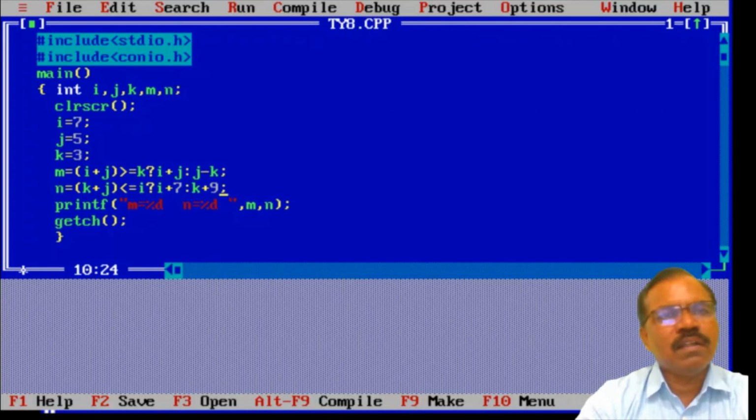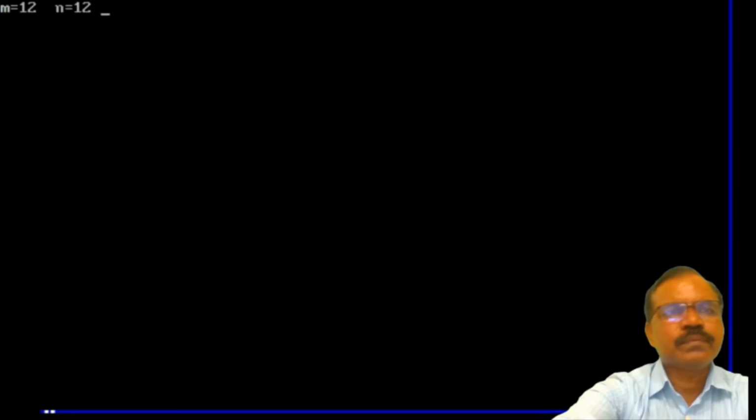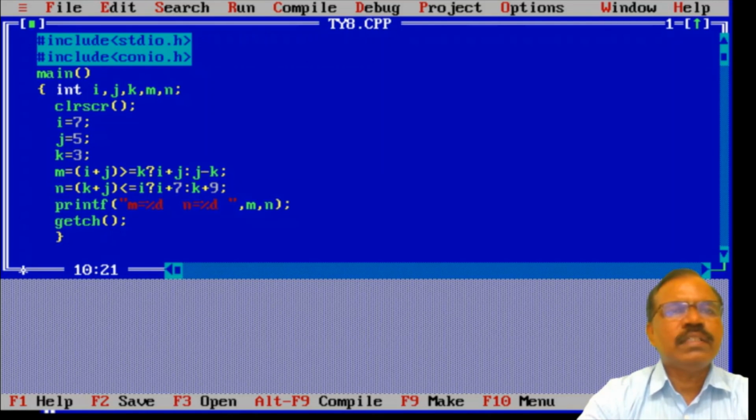So this is false. So i plus 7 will not be evaluated. k plus 9 will be evaluated. So k plus 9 is 12. So n must be 12. So if we run this program, we will get this output. So n is 12, m is 12. So in this way, the conditional operator works.